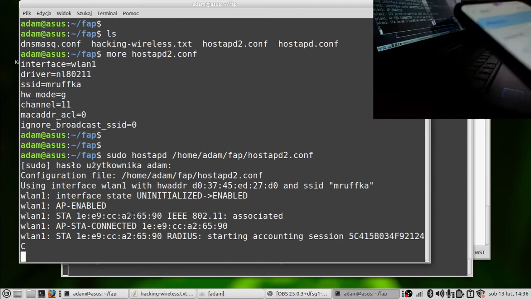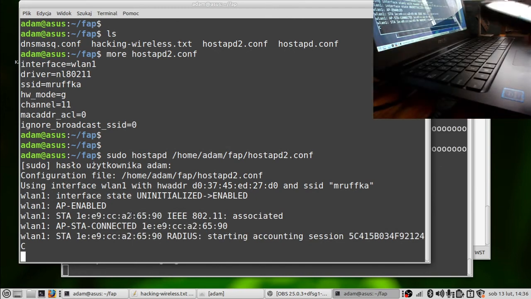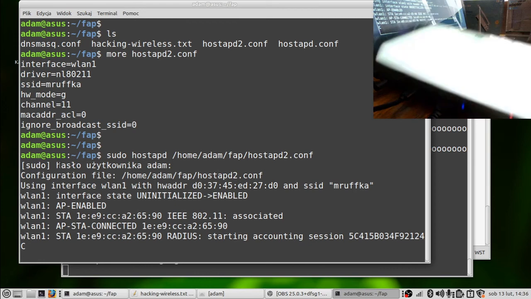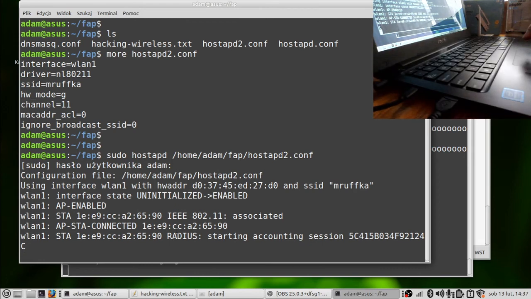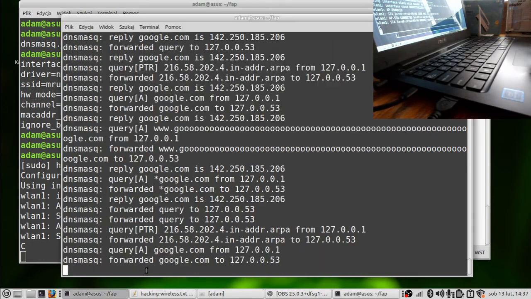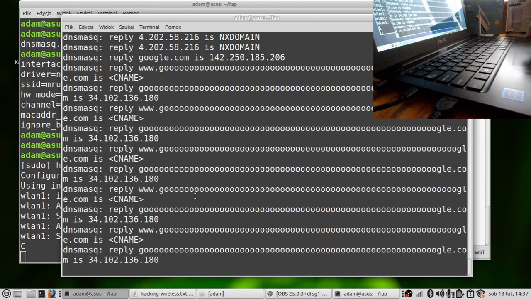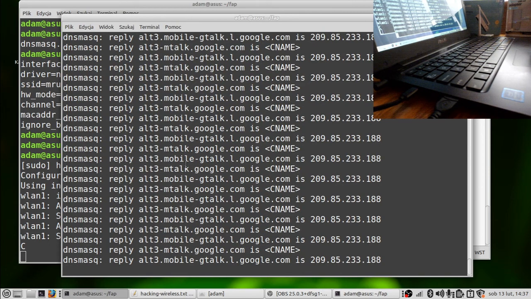Okay, and as you can see right now on the screen, I have this terminal connected. We can see what it is doing. It tries to reach Google, and it seems like it is working. So it is connecting to the internet.